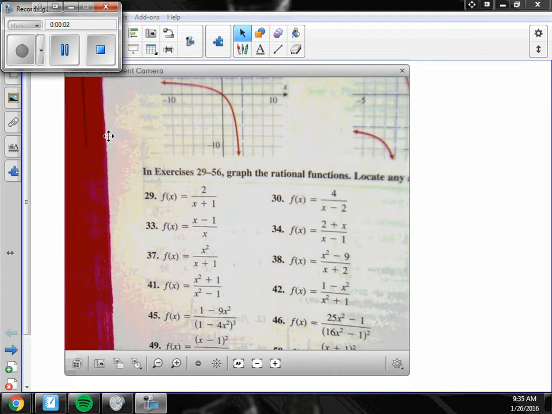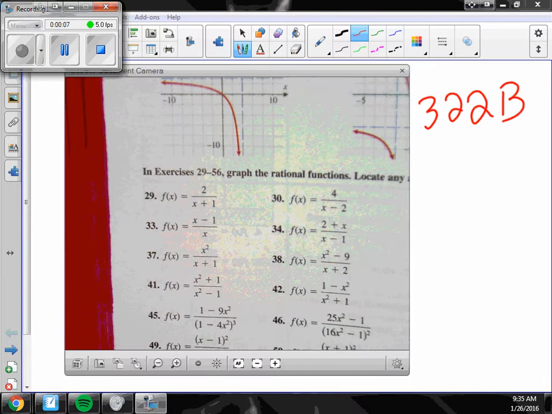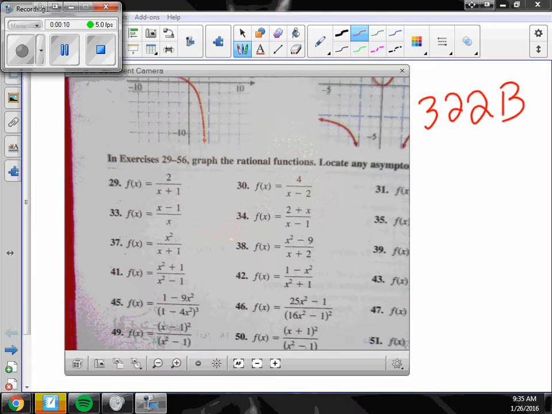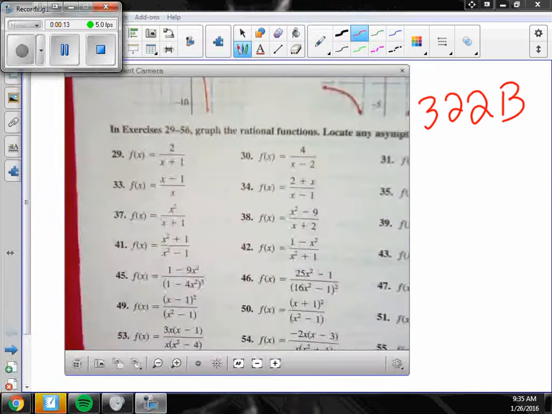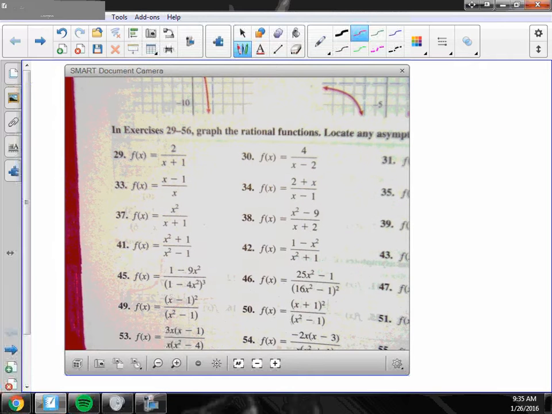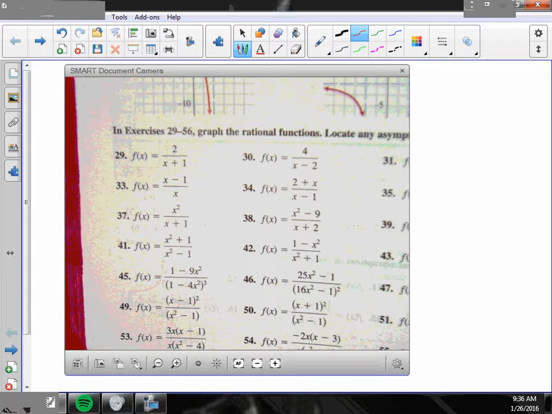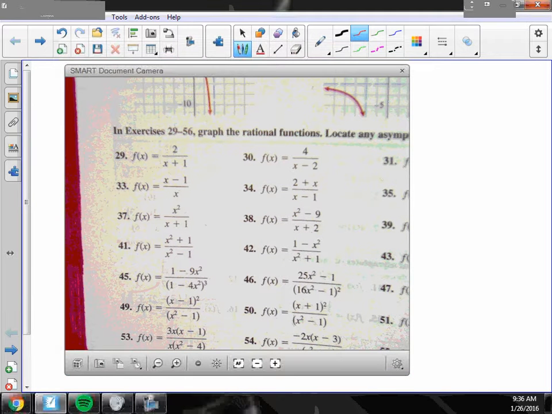Today we're on 3.2.2b. It says, graph the rational function, locate any asymptotes on the graph. So you need to first factor the denominator, figure out where the asymptotes and the holes are, and then consider the leading terms to determine where the horizontal asymptotes are, or the slants or quadratics or anything like that, and then graph those. And then there's kind of a silly process we go through to figure out where the